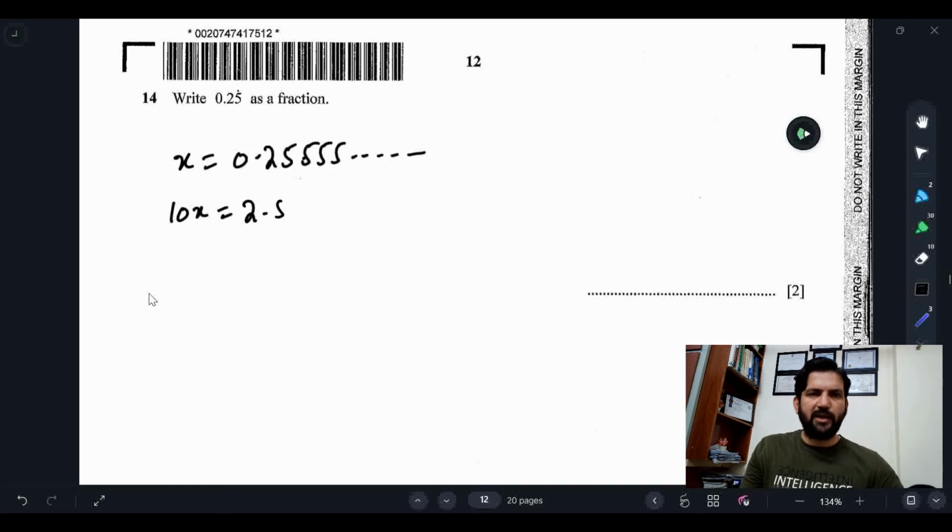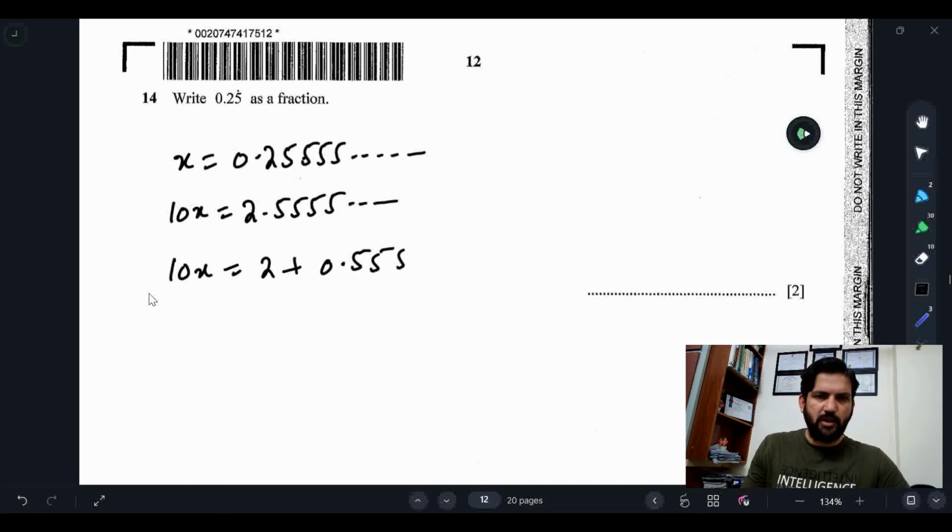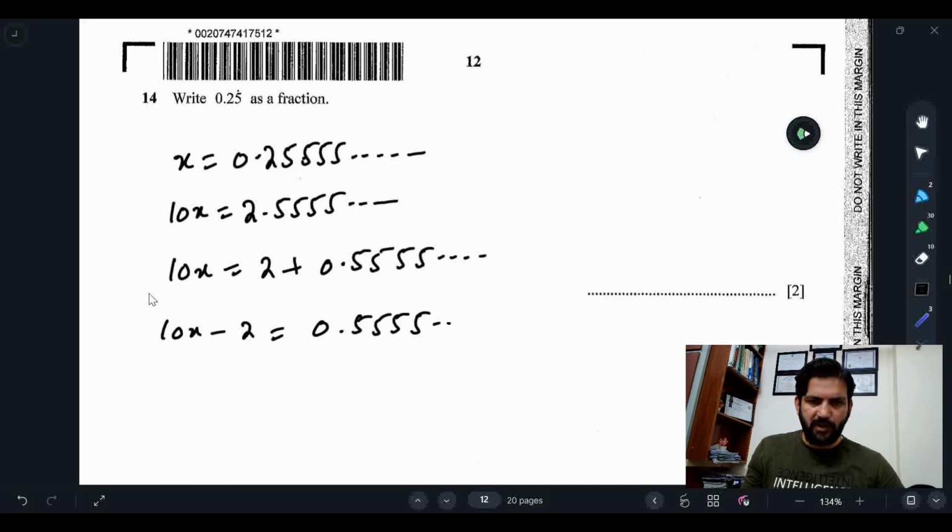If we multiply it with 10, what will be the answer? This will be 2.5555 and so on. So we can write it as 10x is equal to 2 plus 0.5555 and so on. So 10x minus 2 is equal to